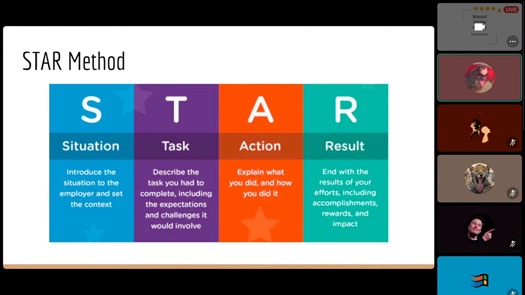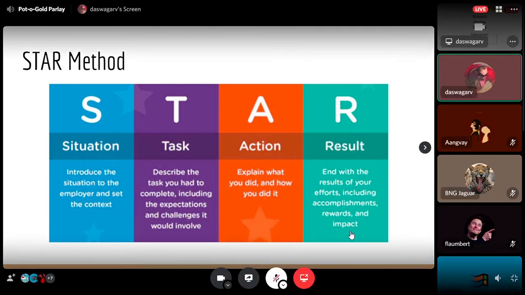which is the result. And this is the R. So the R consists of what you accomplished essentially, and what you found out, what you learned, and it's basically the impact and what you accomplished. And here is where you can tie into any of the company's values and the mission statement, so the interviewer can understand that, oh, you're making a good point, and it's definitely a culture fit, like Apoorv mentioned on the last slide.